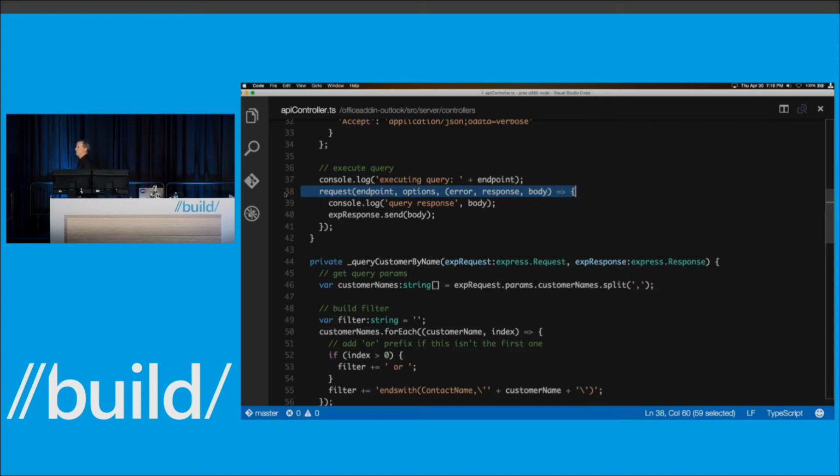When you're done with that request, I'm using a little bit of TypeScript notation there. You're going to get an error object, a response object, and a body object. Pass those into the next function using that lambda expression. I'm going to write out to the console the URL that I'm making the request to. Sorry, on line 37, I write out the URL that we're making the request to. And on line 39, I'm writing out the response that I got back. And then